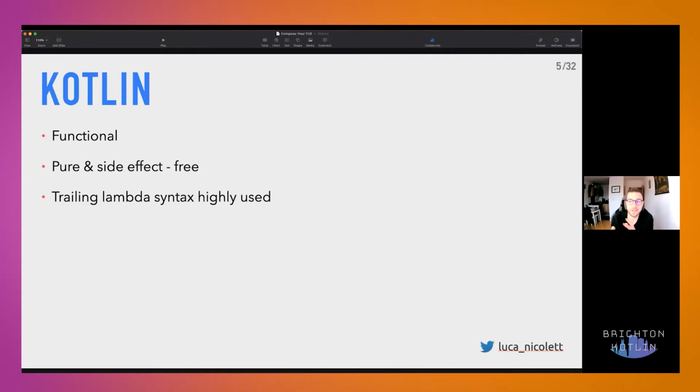Side effects are still happening, even with this function-only approach, but they're working on moving towards a more pure solution. For example, they have already made all the parameters that the compiler is adding to your function read-only. Another key principle of Jetpack Compose is trailing lambdas, which allow specifying the last input parameter of a function in a fancy and eye-catching way, and we'll see later on how it's actually done.